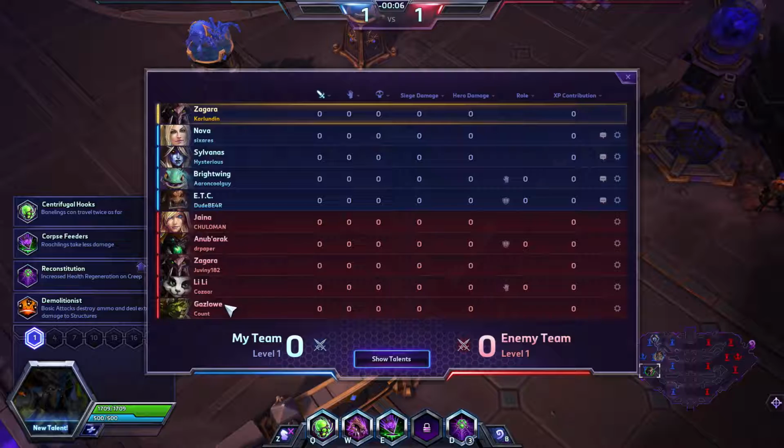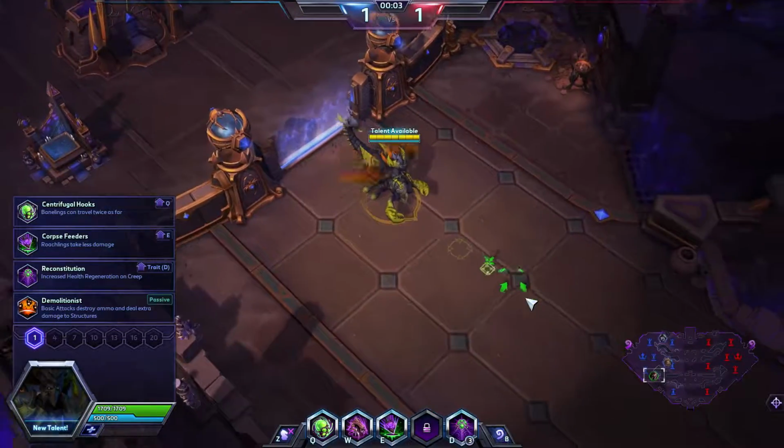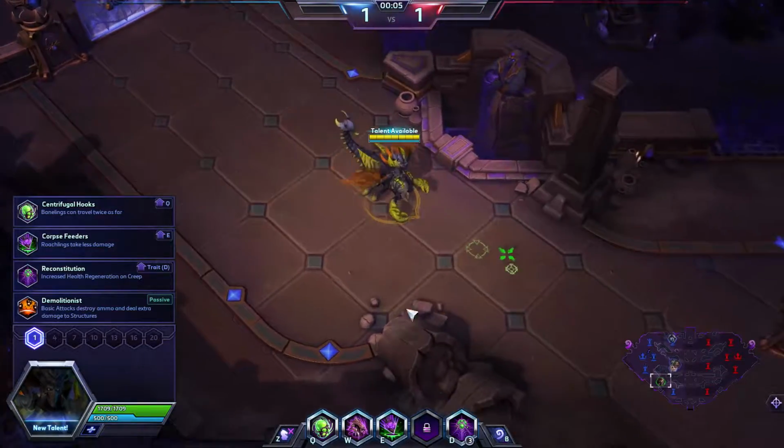Now, my only hope is I don't get put in the same lane as Zagara, because the enemy team does have a Zagara, as well as Gazlo, which are 2 specialists as well. So it looks like a very interesting team comp. We do both have support, so that should be interesting. We're going to go with